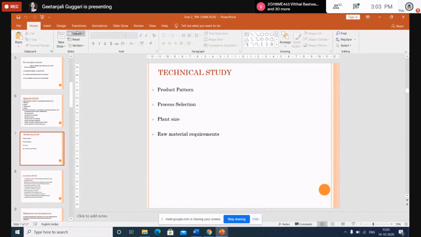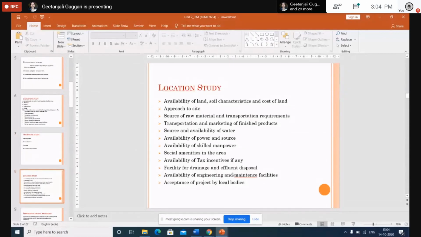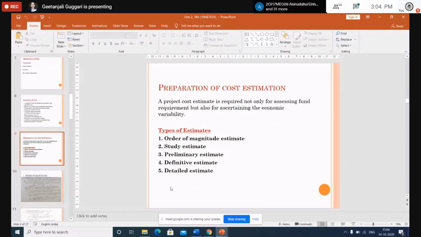For the technical study, you need to explain the product pattern, process selection, plant size, and the raw material requirement. For the location study, it is a little lengthier. List out all these things and explain in 1 or 2 lines. Then